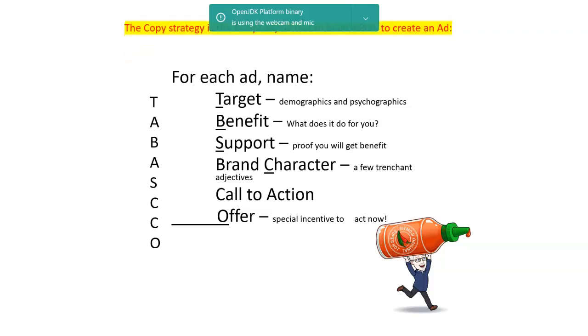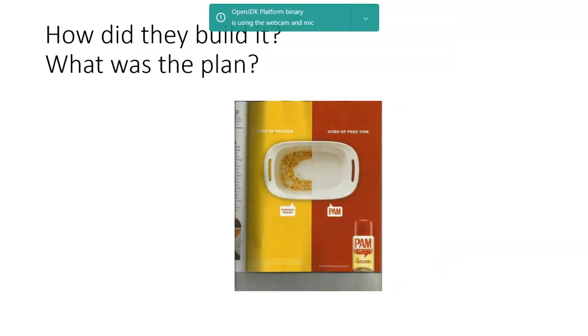Now, if we were to apply this template, this Tabasco, to this print ad, how would we do it? And this is basically what I'm asking you to do with this assignment for this week of looking at a newspaper ad. So who is the target for this? Now, one clue is the fact that it appeared in People magazine, which skews towards moms. And I'm telling you People magazine. And so you, with your newspaper ad, who reads the newspaper? Who reads that section where you see the ad? That'll give you a clue. The media choice is a good clue. But other than that,